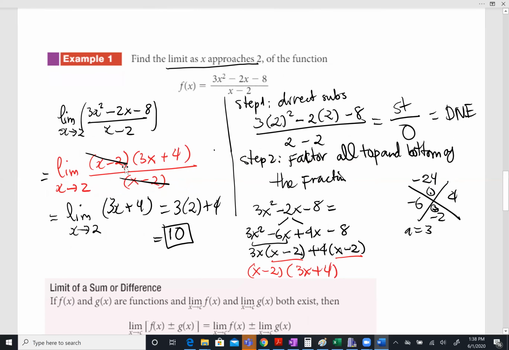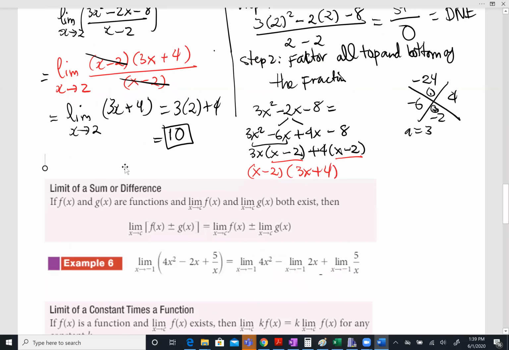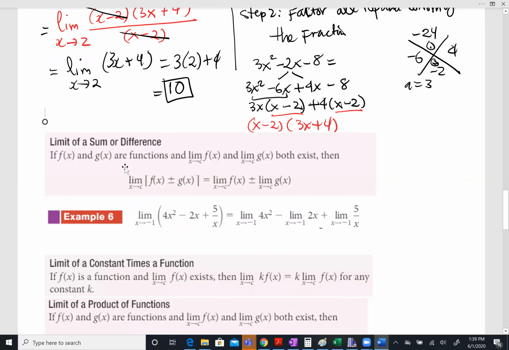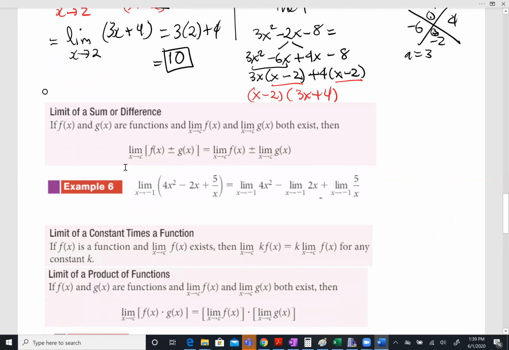So now let's talk about some properties of the limit. One of the properties you need to know is the limit of a sum or difference. Here you can actually split it into two terms or even three terms. So for example,